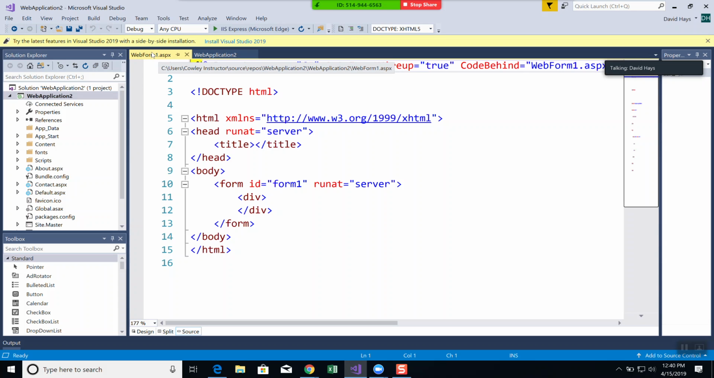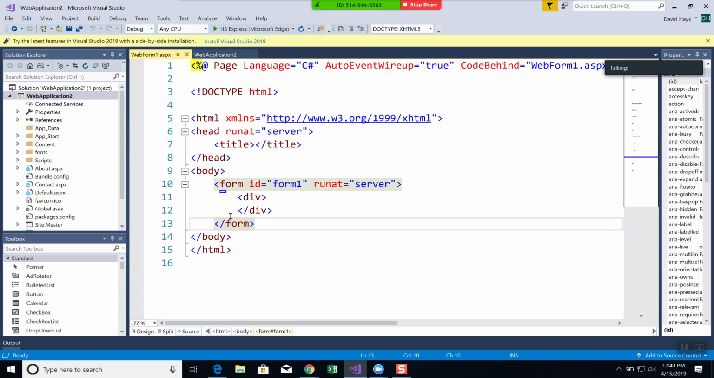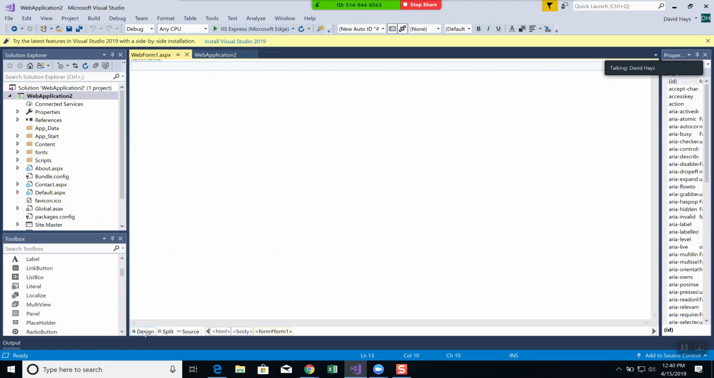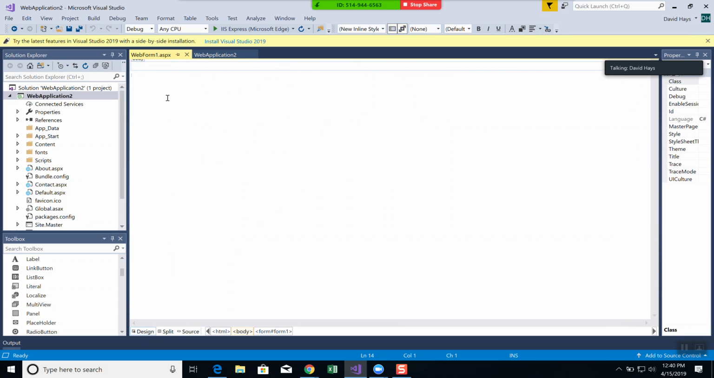If I right-click on this tab, let's see. I'm lying to you. If I come down here to design, I thought it was under there too. There's a button for design here at the bottom. It's also back to source. That source has a less than and greater than in front of it. That's a standard notation indicating a view of HTML. But if I click design,